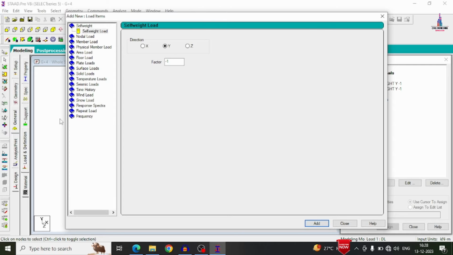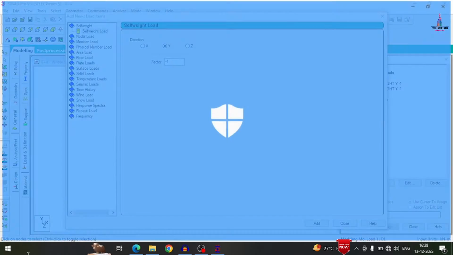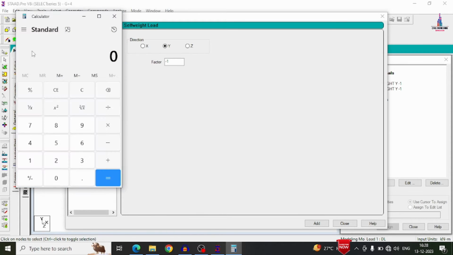For calculating the wall load, we have to determine the thickness of the wall. Basically, the wall thickness will be 0.23 meter for the external wall, which is 9 inches, and the internal wall will be 0.125, which is approximately 5 inches. And we have to consider the density of the brickwork also, which is approximately 18 to 20 kilonewton per meter cube for brick as per the IS code provisions.